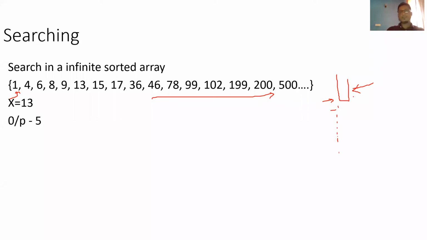So consider that the numbers will keep growing. Basically, it is like when you are counting something, your count is increasing. For example, the number of files counted, or the number of lines you are adding, which will keep growing only. And as I mentioned, it is a sorted array, so your next number will be higher than the previous number. For example, say you want to store some Aadhaar card numbers, and the index gives that person's name. You just want to search with that particular index, and entries keep being added. That is a possible scenario. I'm just giving a real life scenario, so consider it an infinite sorted array.